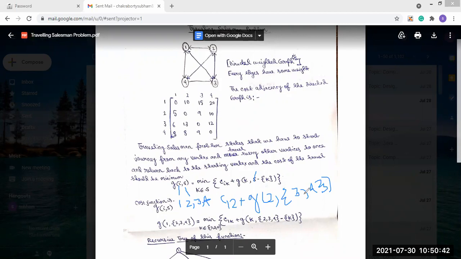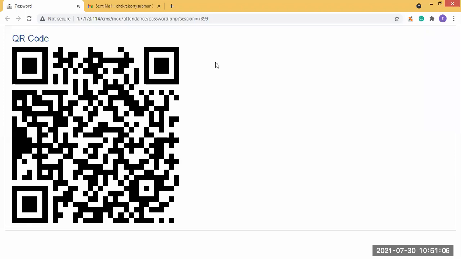Then that is this much for today; we will continue in the next class. We will solve it, and how it can be solved, we will see in the next class. So that is today. If anyone has any questions, then ask me. In between this, you can scan the QR code and ask. If you have any questions, you can mention them there.